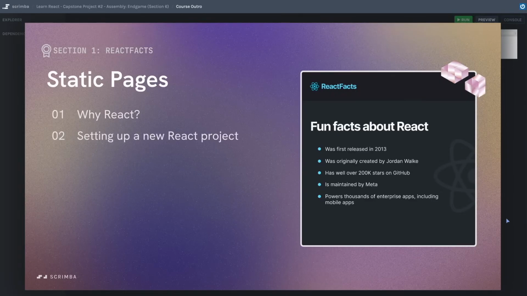We touched on setting up a new React project, not only in terms of the code that you have to write, but also how to do it on your local machine. Then we learned about React elements and how JSX was created to make creating those React elements a very familiar experience, similar to writing HTML. Then we learned about the crux of composability in React by learning about custom components. Custom components allow us to co-locate logic, markup, and styling all in the same place to create a custom reusable piece of code. And then, of course, we needed to make sure that we added some styling so that we weren't just throwing around ugly components. With that knowledge, we were able to build our first static React Facts web page.